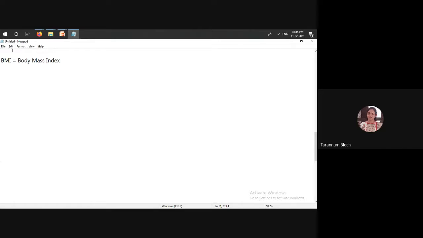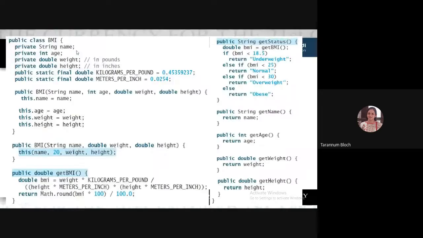Fine. So see here, what I have is a class, public class BMI. I'm saying string name and age because we want to check whether the person has a proper BMI or not. So what we will do is we will ask for the person's name, age, and we'll ask height and weight. We are asking for the height and weight. Okay. So this is the input.